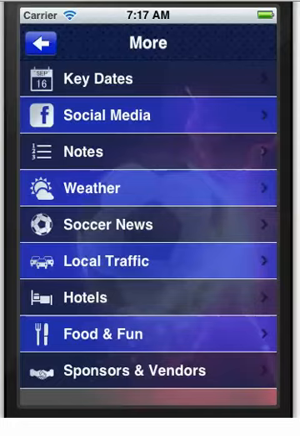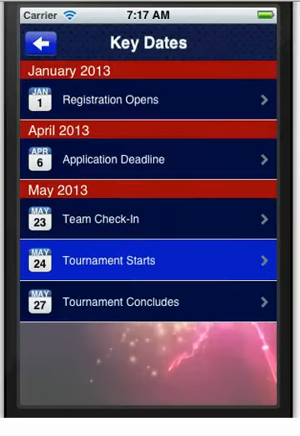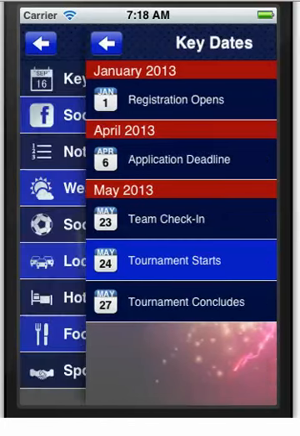I got these directly from your website, but this is just something to remind people. Registration opens, closes, team check-in, etc. And there may be other key dates as they come along. The day your merchandise becomes available, maybe you take pre-orders through the app for merchandise sales and things like that. So we can add those key dates and add some of that functionality again once we've got the